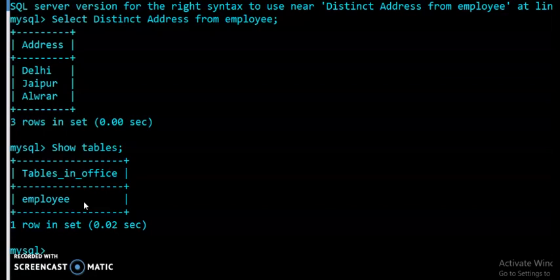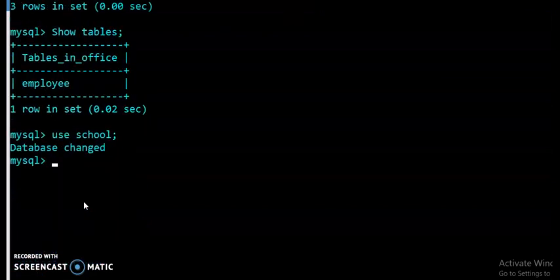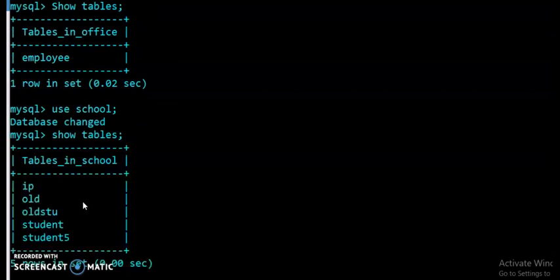Now if I open the school database and check the tables of that database, show tables, you can check here that 1, 2, 3, 4, 5 tables are present in the school database.